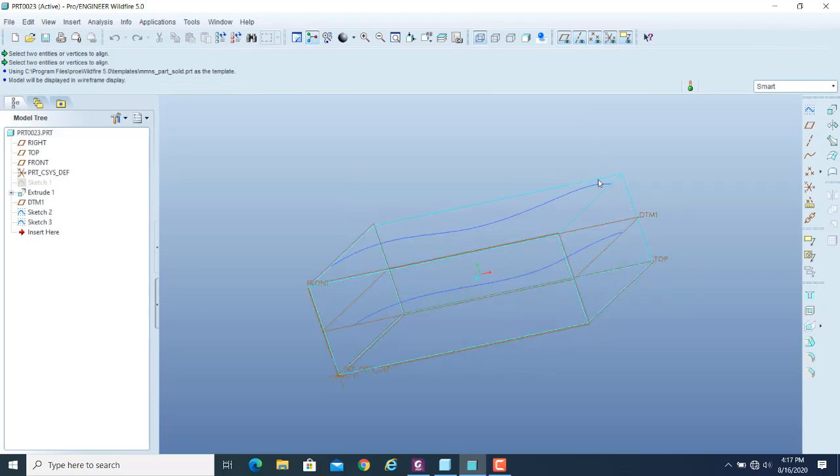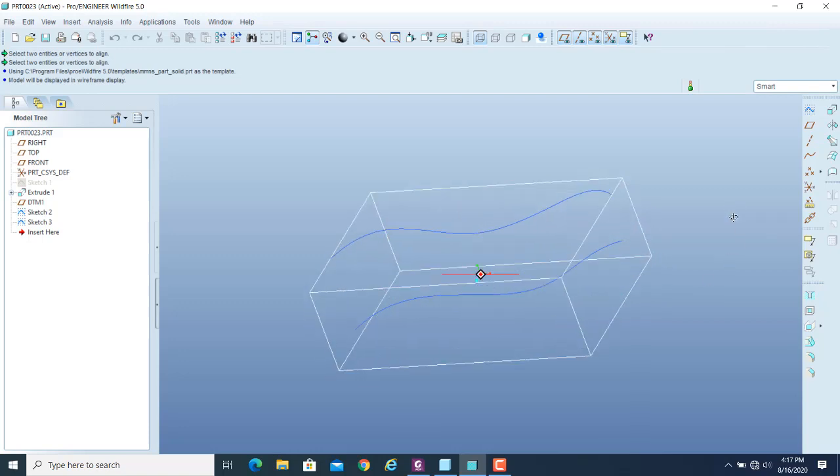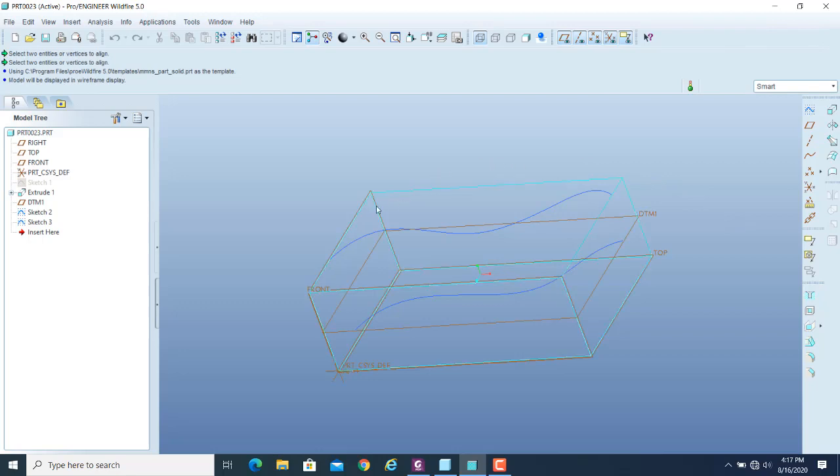So I have a rectangular block, a solid block, and I have two additional sketches, and those sketches are simple splines. One sketch has been created on the top face of this rectangular block, and the other is at the mid region. In this, what I have done is